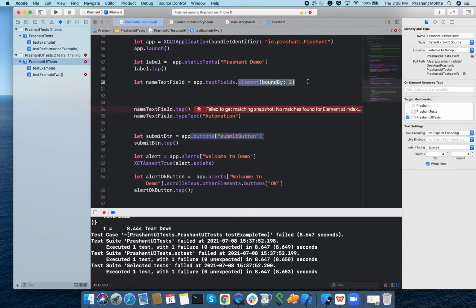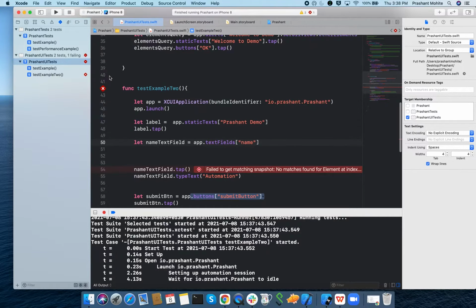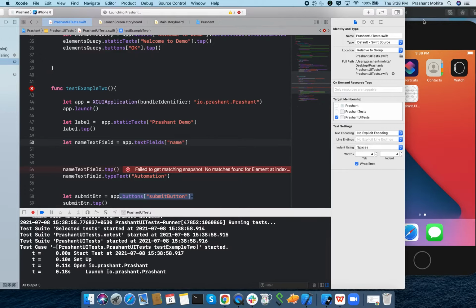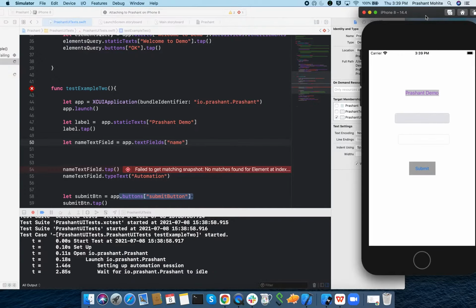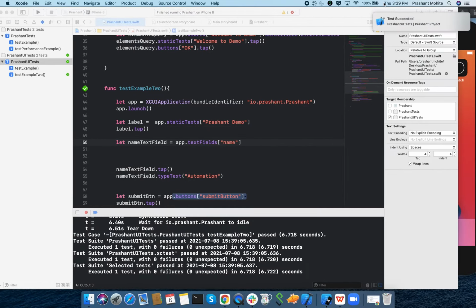Also we can use identifiers, like we have already seen. I say app dot text field, and the text field has the id, I think, name. Now let's run it. See, it is working because I have mentioned the particular identifier.